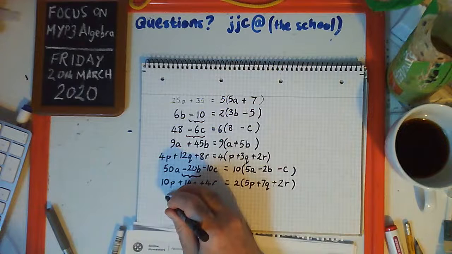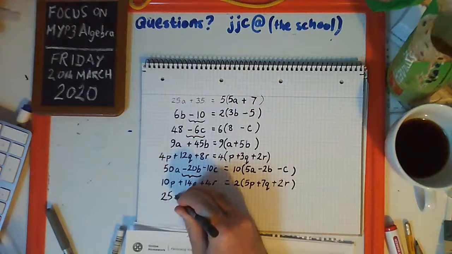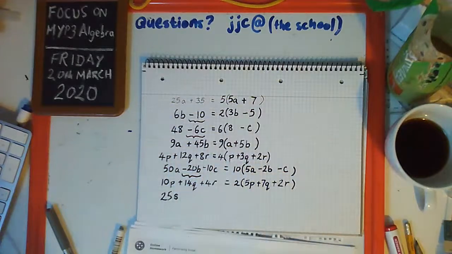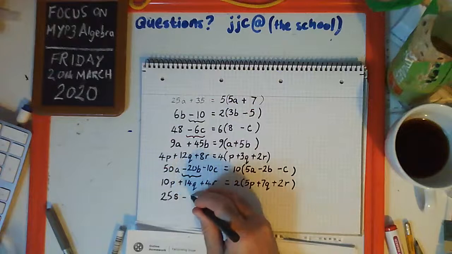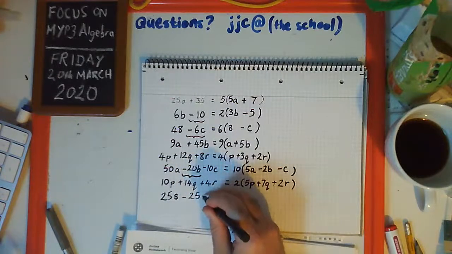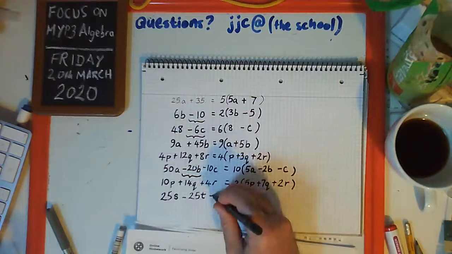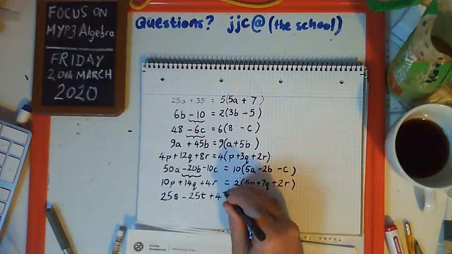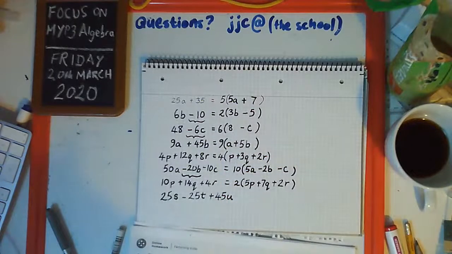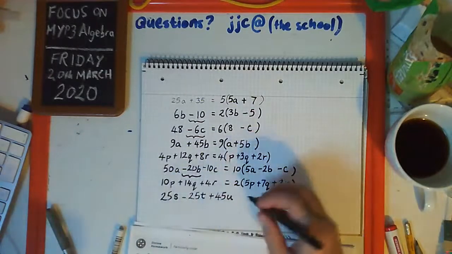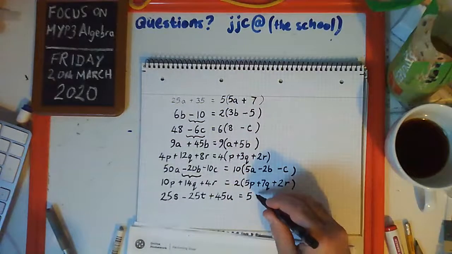Just checking it's all visible on screen. Yep, 25s. Trying carefully not to make my s look like a 5. 25s minus 25t. Oh, so 25 could go into all of these. But then the last term, 45u, so 25 doesn't go into 45. So in fact, the biggest thing that goes into all of those is 5. So I'm going to have to take a 5 outside the brackets